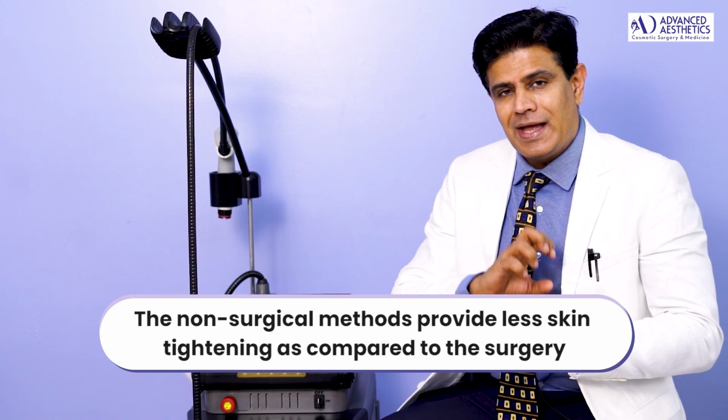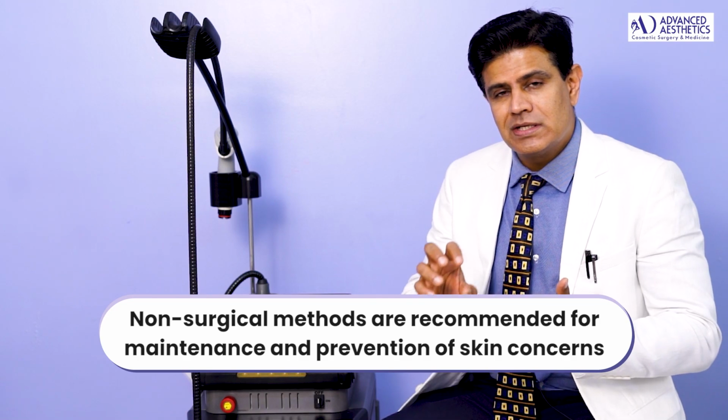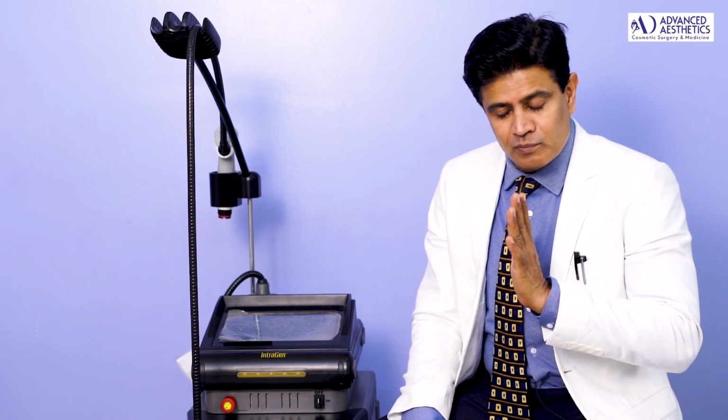Now of course you have to place it in perspective. None of these non-surgical options will give you as much tightening as a surgical procedure can, but if your expectations are not for a very drastic change, then you will be happy. As I said, these are more for maintenance and prevention of the relaxation from happening than for actually curative tightening. If you are expecting a curative tightening and you want a significant amount of tightening to happen with these devices, you can get disappointed. So you have to properly rationalize your